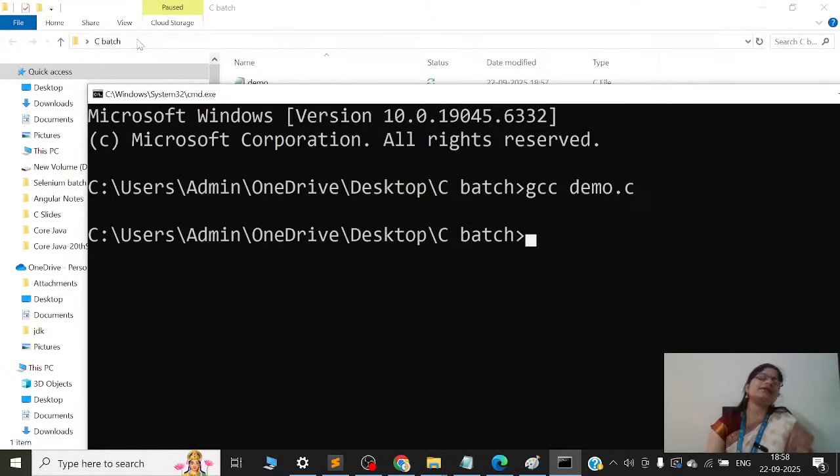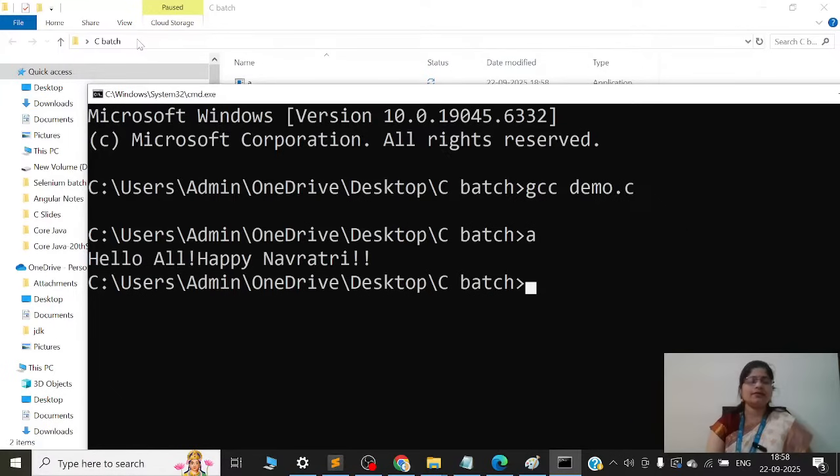अगर कुछ सिंटैक्टिकल एरर मिस्टेक होगा तो प्रोग्राम रन नहीं होगा, अगर कुछ प्रॉब्लम नहीं है प्रोग्राम रन होगा. सो आई एम स्पेसिफाइंग हियर a.out. ठीक है, a.out इज टू गेट द आउटपुट. ये सिंटैक्स है, यही फॉलो करना पड़ेगा. सो सी, हेलो ऑल, हैप्पी नवरात्रि.